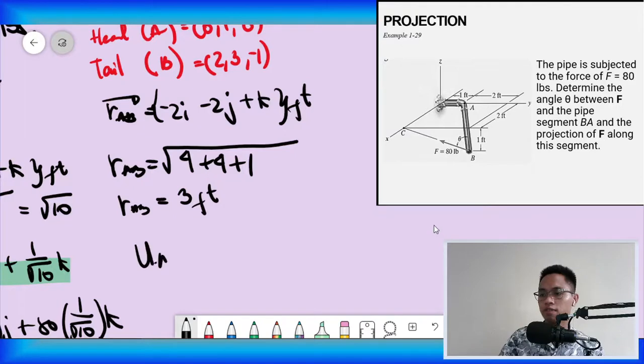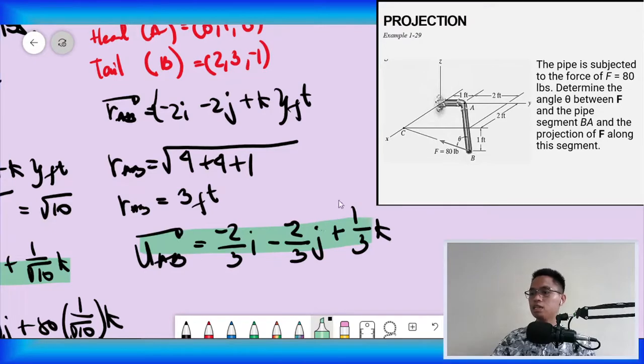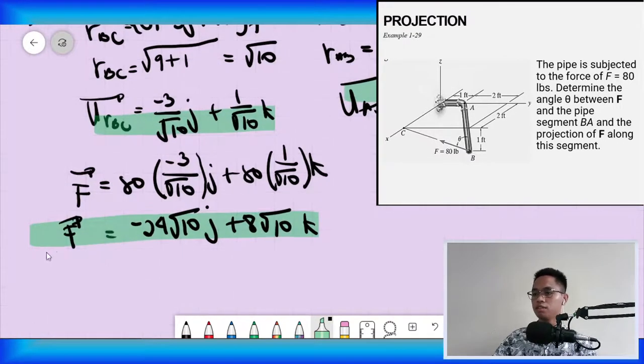Now, to solve for the unit vector AB, that is just simply the formula: negative 2 over 3i minus 2 over 3j plus 1 over 3k. So that is our unit vector UAB. Since we have both vectors, automatically we can perform the dot product. So, therefore, the dot product of F and the UAB,